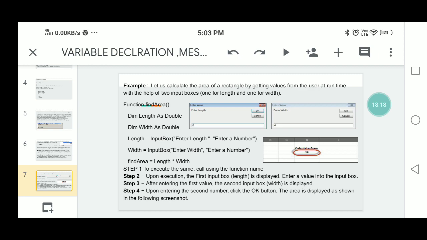The function name is FindArea. In that function we take the variables length and width. Length is the Double type, width is the Double type. Then length equals InputBox, "Enter length", to enter the number.